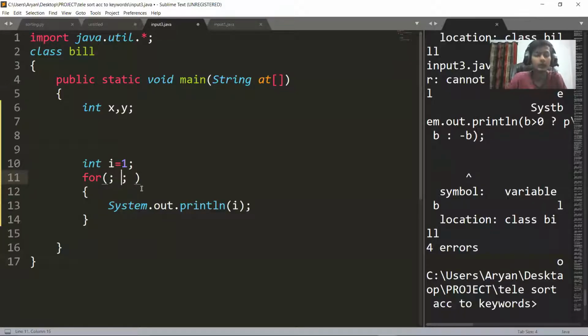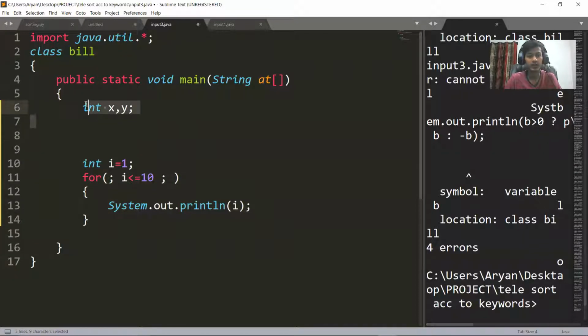You can remove any part of the for loop. That's not a problem. So let's suppose I remove the updation part. What was the role of the updation part? To update the value of i. But now the value of i is not updated. Therefore, int i = 0, i <= 10 would always be true. Are you getting it? Because i has the value of 1 and i <= 10 will always be true because the value of i is not updated. So this loop will run infinite times.